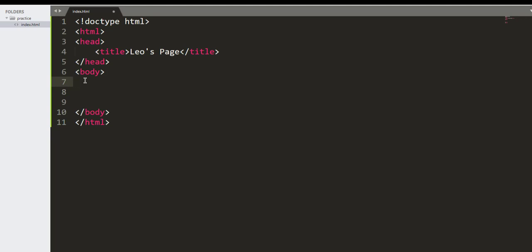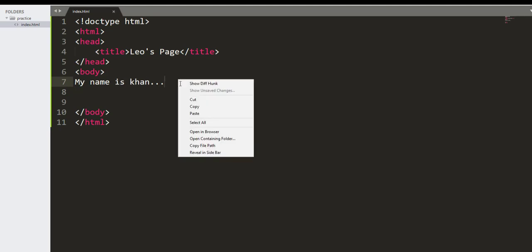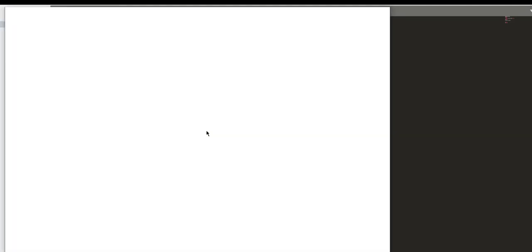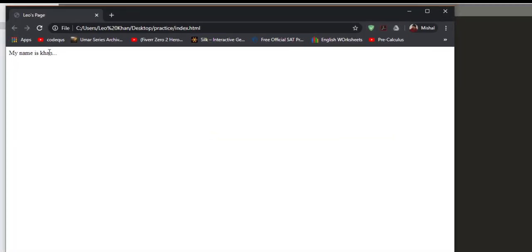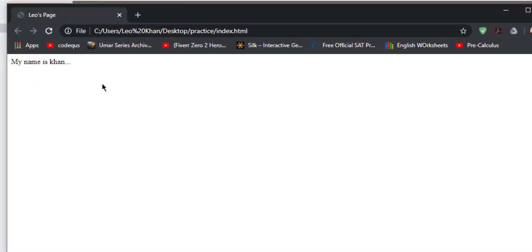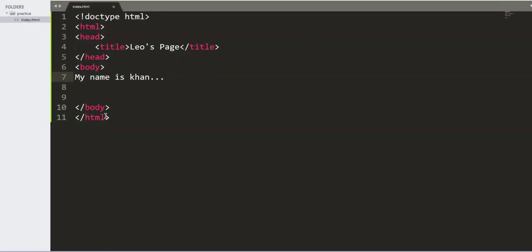Let me just write, let's say, my name is Khan. Control S to save, and then right click, open in browser. As you can see, the text, my name is Khan, and the page title is Leo's page. That's where the titles come. So these are the basic tags,